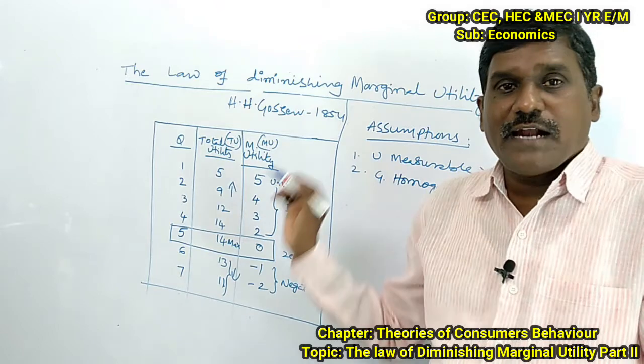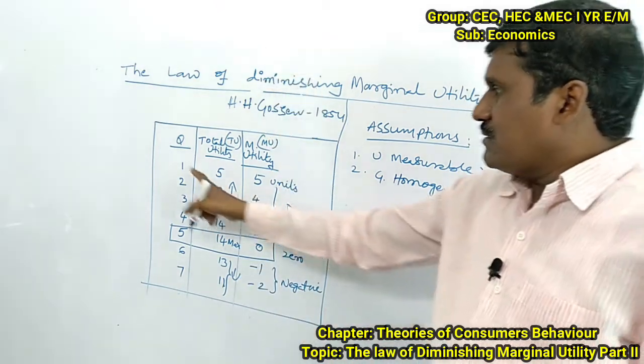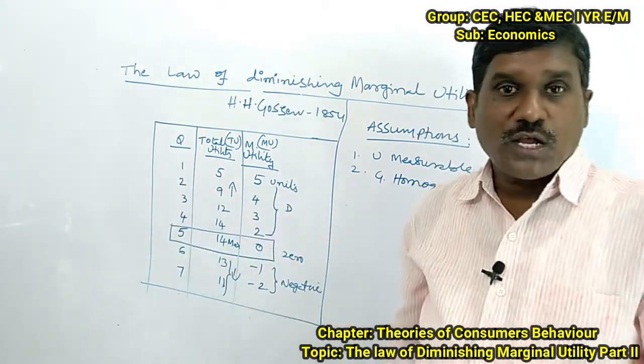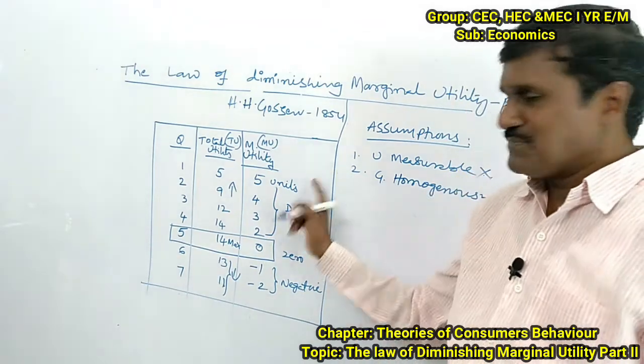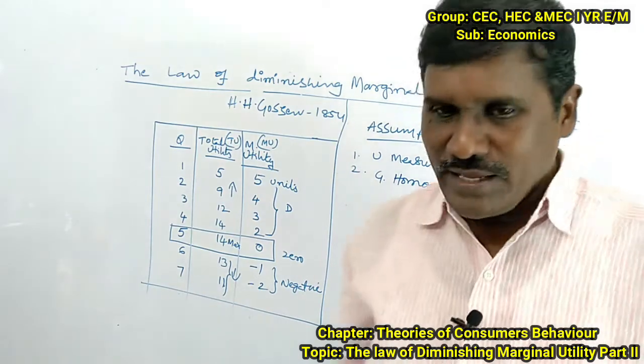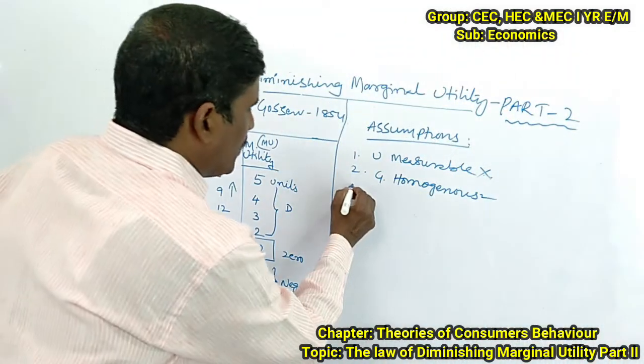Otherwise the law cannot be applied, meaning the goods we are going to consume should be homogeneous. Okay, then the next one: the goods are